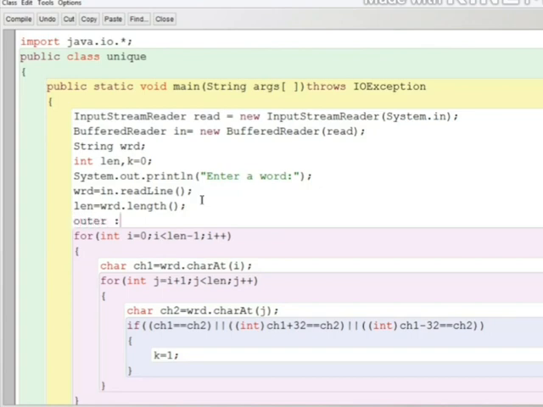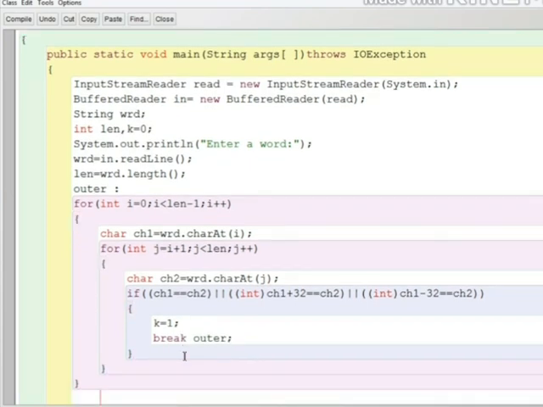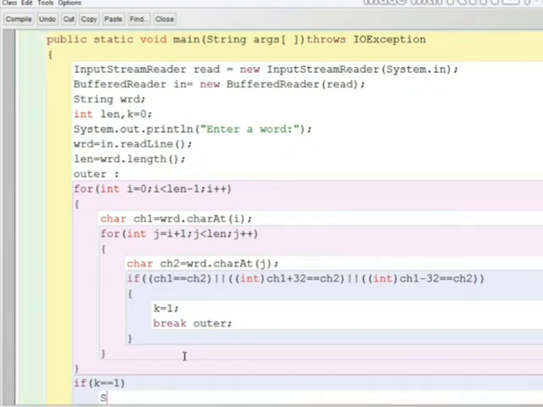And now I want to place a break because I want to end that loop. But if I'm using a simple break, what happens? Only the cursor comes from the inner loop towards the outer loop. But I just want to end that loop. That's why I'm writing a labeled break: outer, and then break outer.